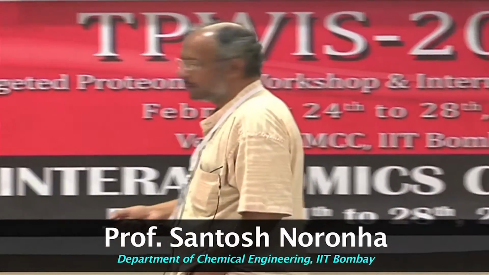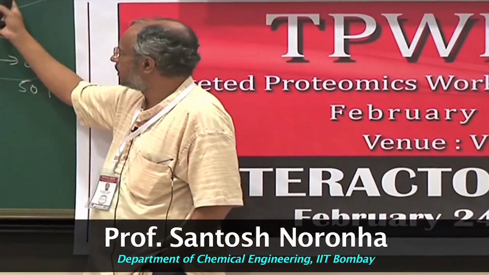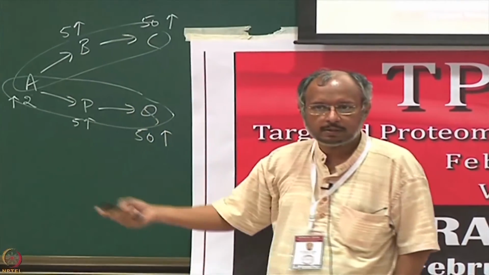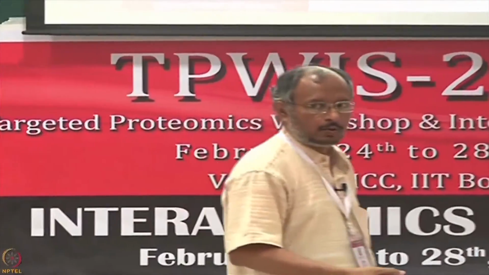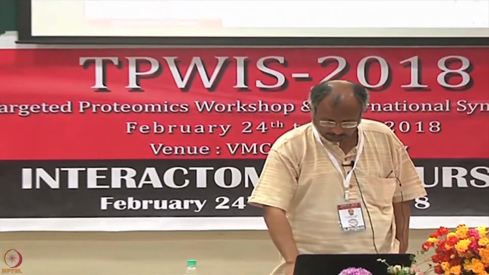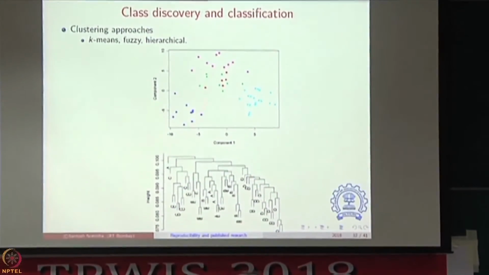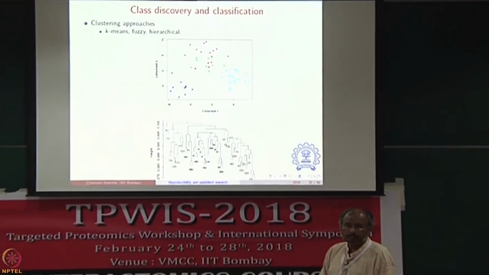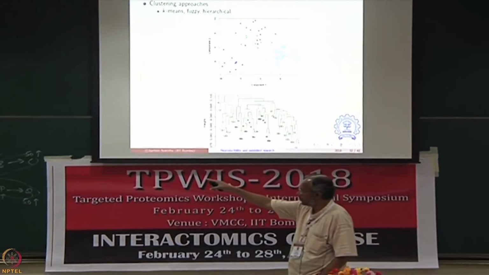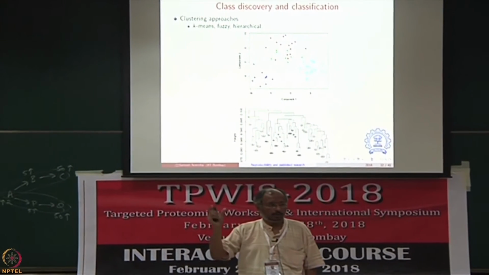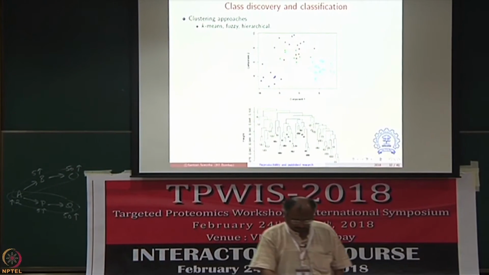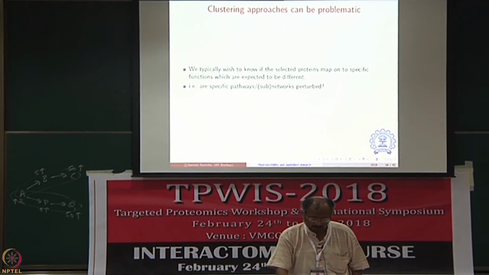So here's suddenly an insight. Instead of simply saying, let me look at fold changes and ask, is the fold change important, and then trying to identify targets on that basis, sometimes it's more intriguing to ask the question, are correlations between pairs of candidates important? And is that telling you something? Now the reason I bring that up is if I were to somehow plot this data, okay, if you look at the previous slide, these are things where clusters are based on magnitude. So the 50-fold change guys are all together, the 5-fold change guys are all together, and so on. But if I wanted to look at correlations, that's a different model.